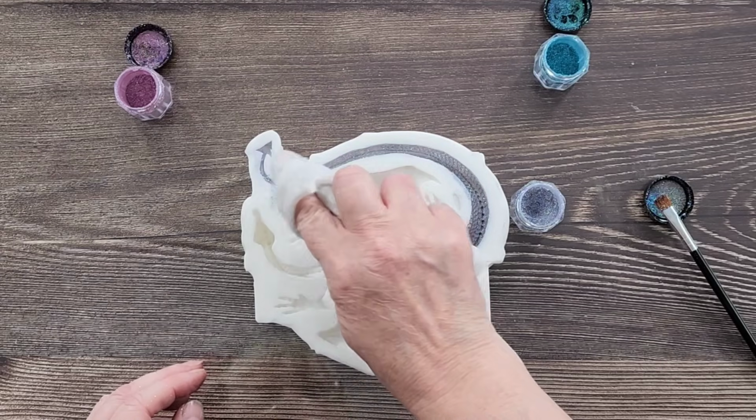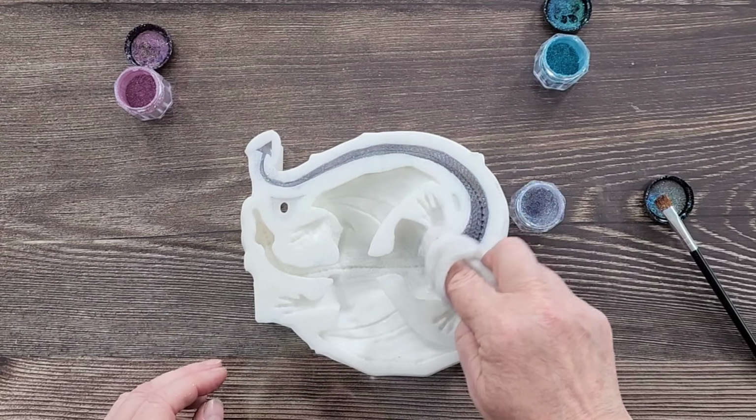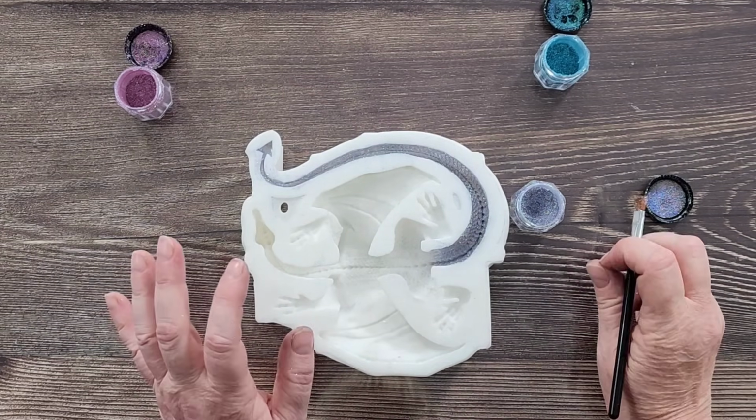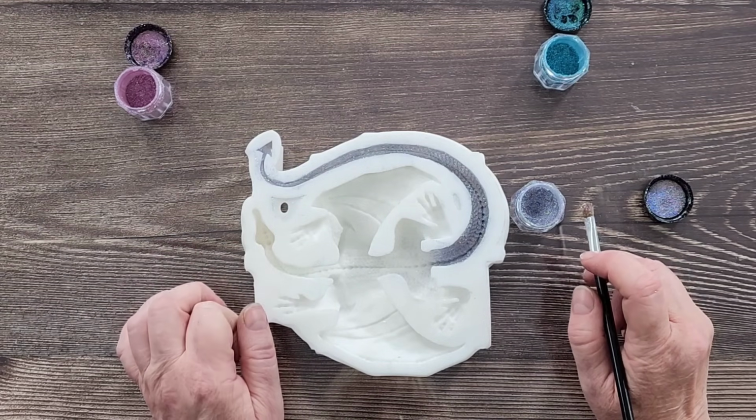Just trying to make it look pretty. They don't stay new and clean for long, do they, these molds? All right, so that's the tail. Now,